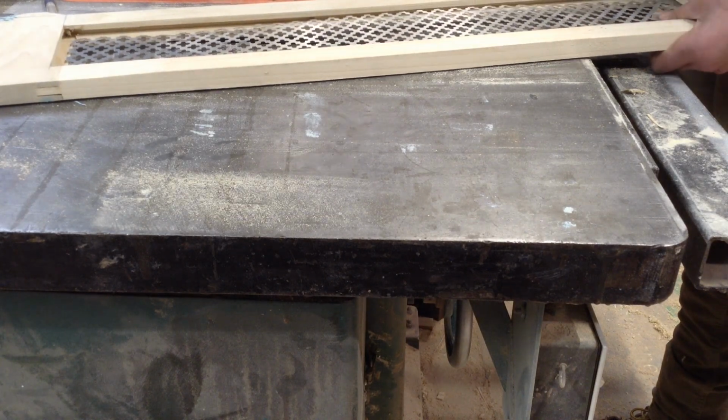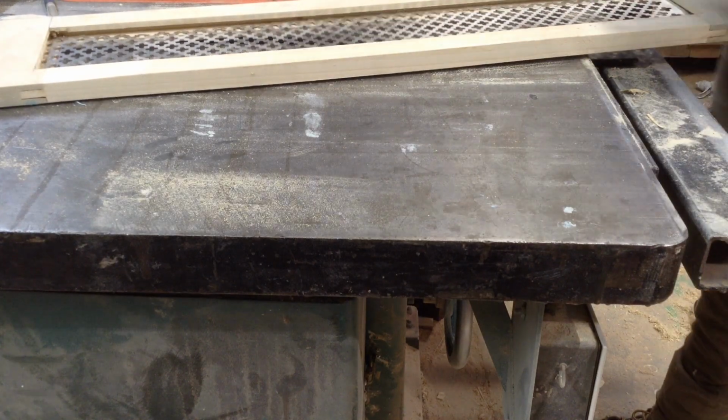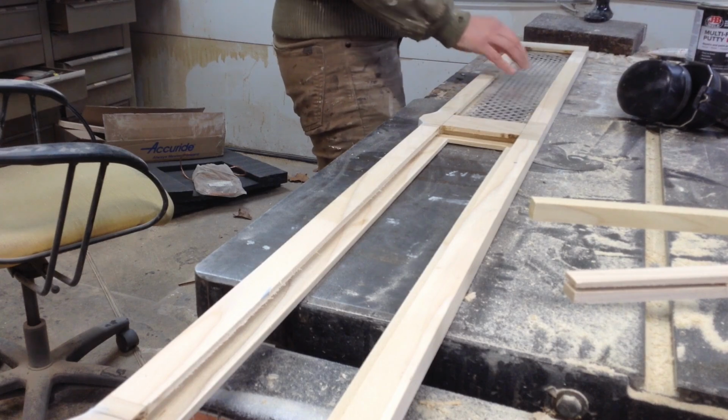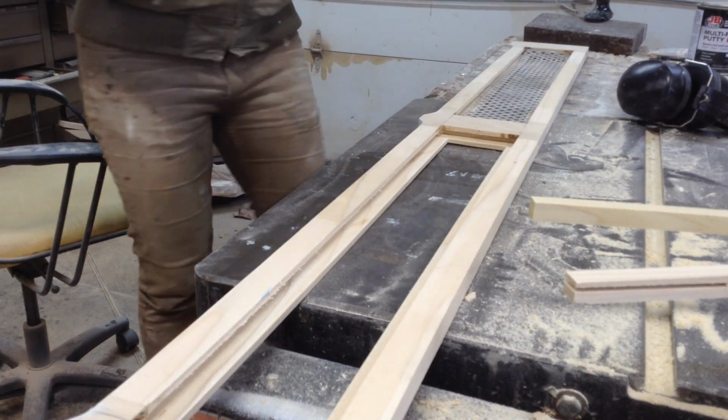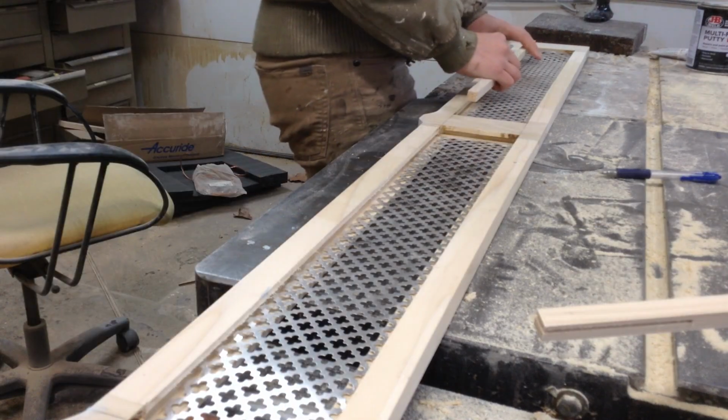But this metal will now fit right into that rabbet, and then from the front side you won't obviously see any of that. It will be totally enclosed. And then I'm only priming this. Same thing with the built-in. They're having a professional painter come in and paint the whole thing. I did not know if they were going to paint the metal,